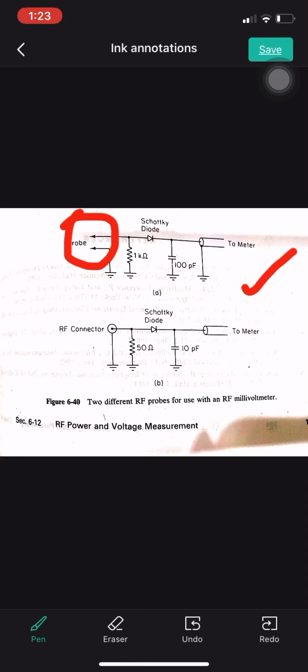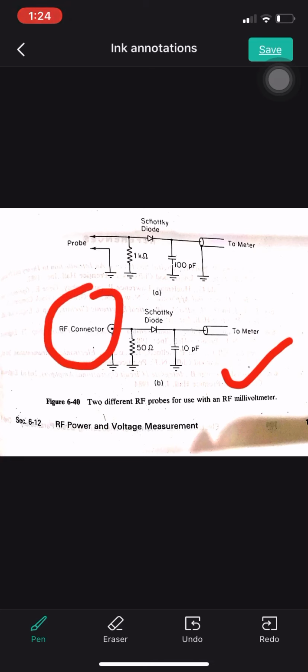Now, many high frequency circuits are such that they cannot be disconnected and terminated with any impedance, usually of 50 ohms. Therefore, this probe, the second one shown in the figure, is used for measuring power. This type of probe can measure power down to the nanowatt region. However, one point to be noted is that the power it is measuring is not a true RMS measurement. You can see an RF connector here. Since the impedance cannot be terminated here, we have an RF connector.